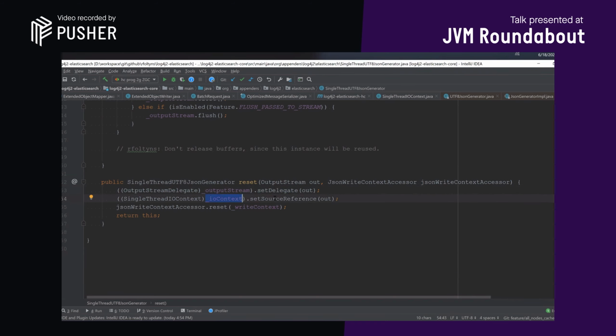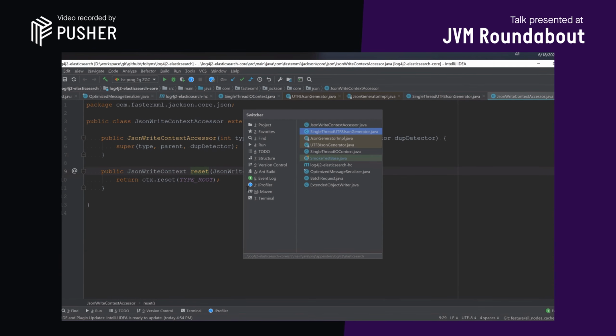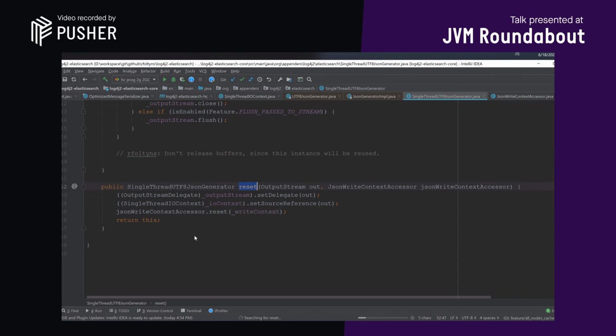Also, replace some fields inside the IO context, which would allow me to reuse the same object that I've created at the beginning, but for another log event. And also, JSON write context can be reset. So why not just do that and reset it? And on every new log that I'm creating,